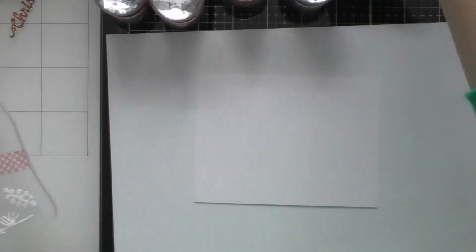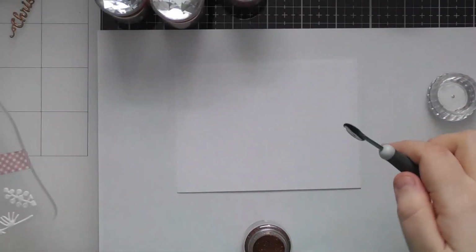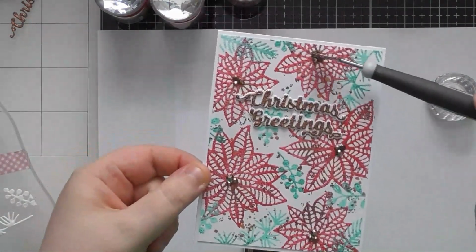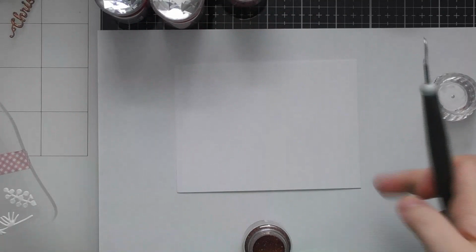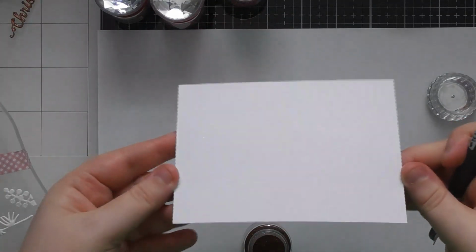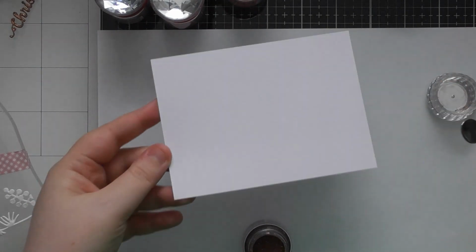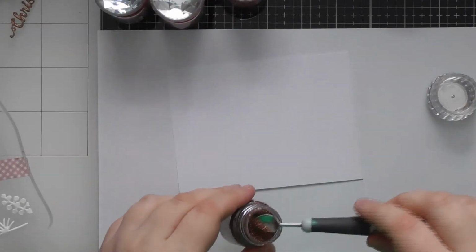You definitely don't have to use all of these different colours. I just have all of them in my stash, so I thought it's quite a nice way of showing you how you can use them. On my original card, I was trying to be specific with where I put the copper. I got this one spot on, but then I realised, hang on, if I'm tipping this in the light to see where the poinsettia is, it's going to tip the copper all down the rest of the card while I'm trying to place it. So I just gave up in the end, and I just sort of did a